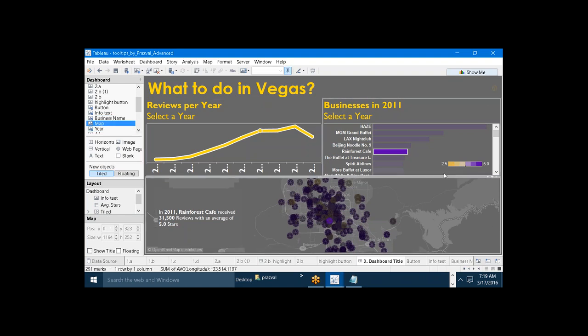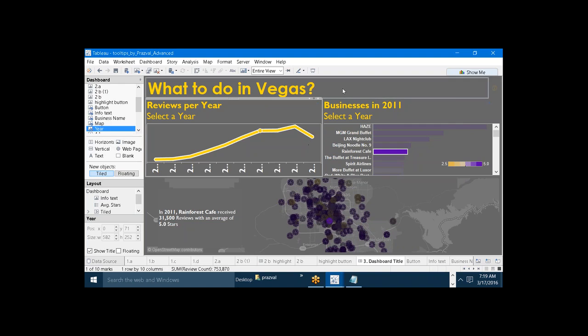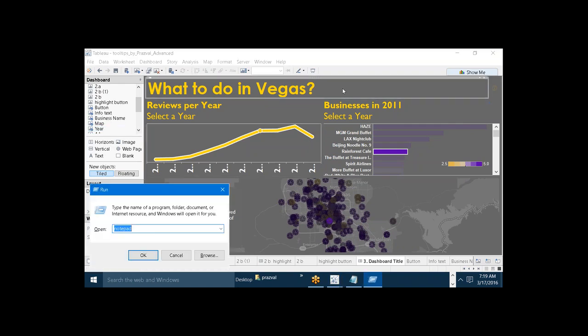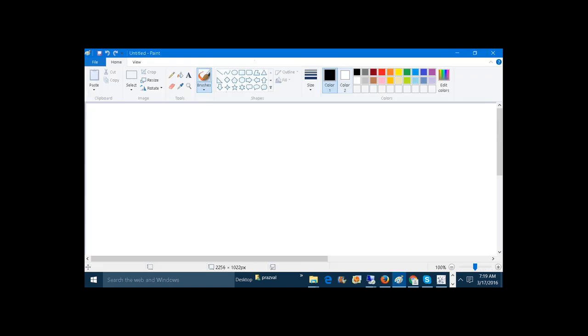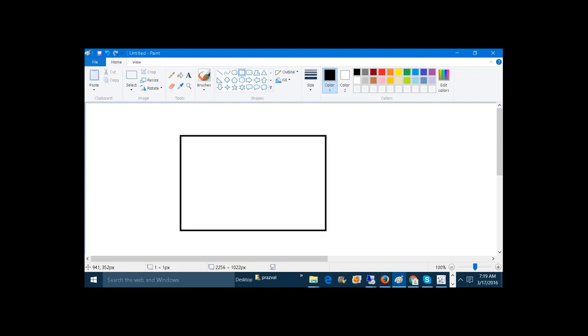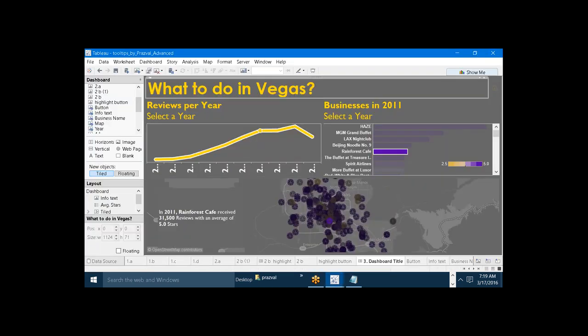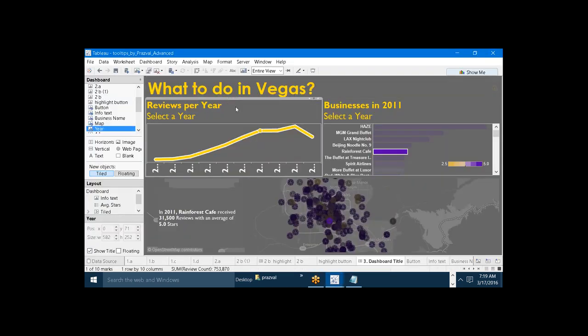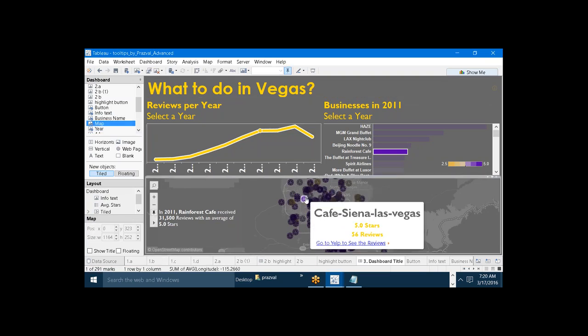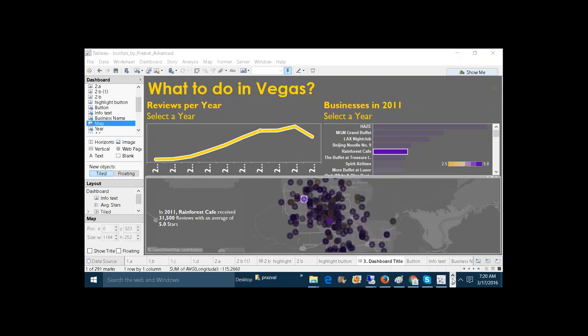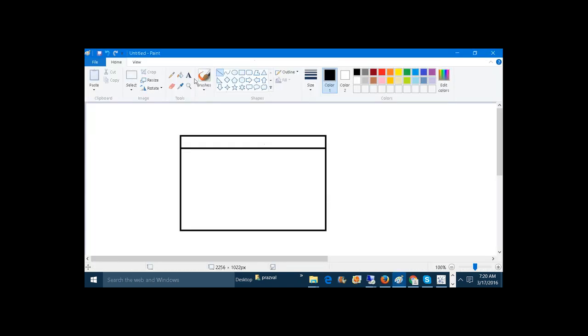So one good practice is, before placing the sheets, just get the proper structure. Try to build that structure in Paint or somewhere. So this is that dashboard structure. The dashboard has a title in the top. See that. In the top here we have the title. Next, below the title we have two more sheets, and below that we have one more sheet. So the structure is, in the top we have the title,